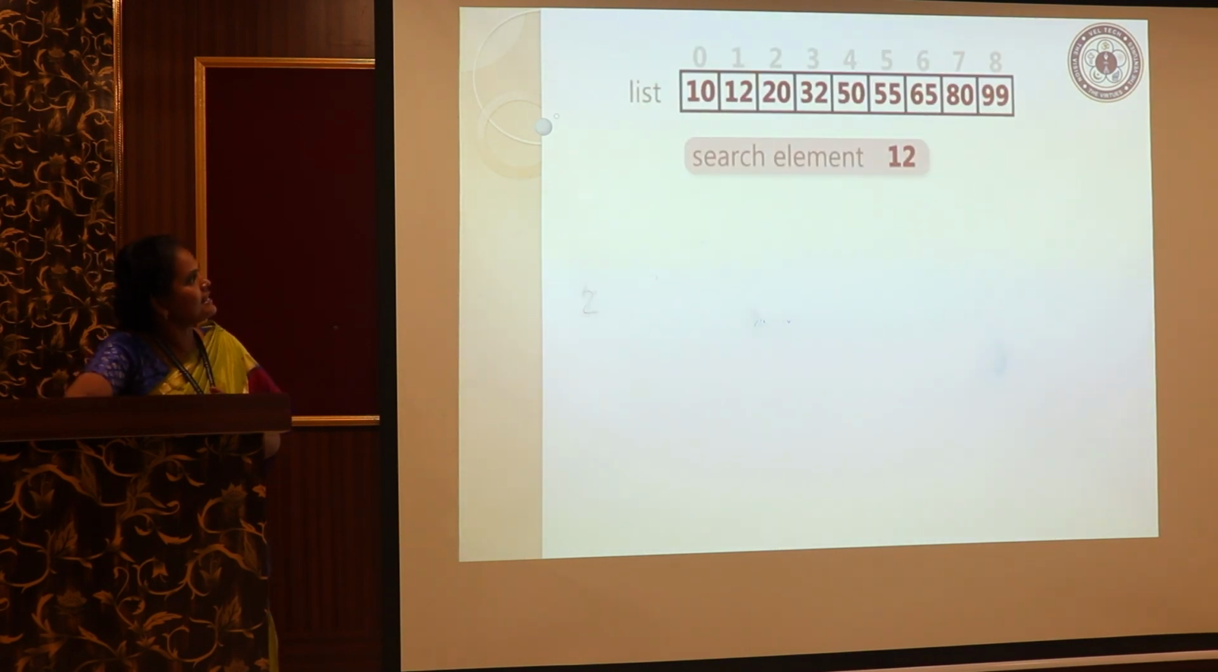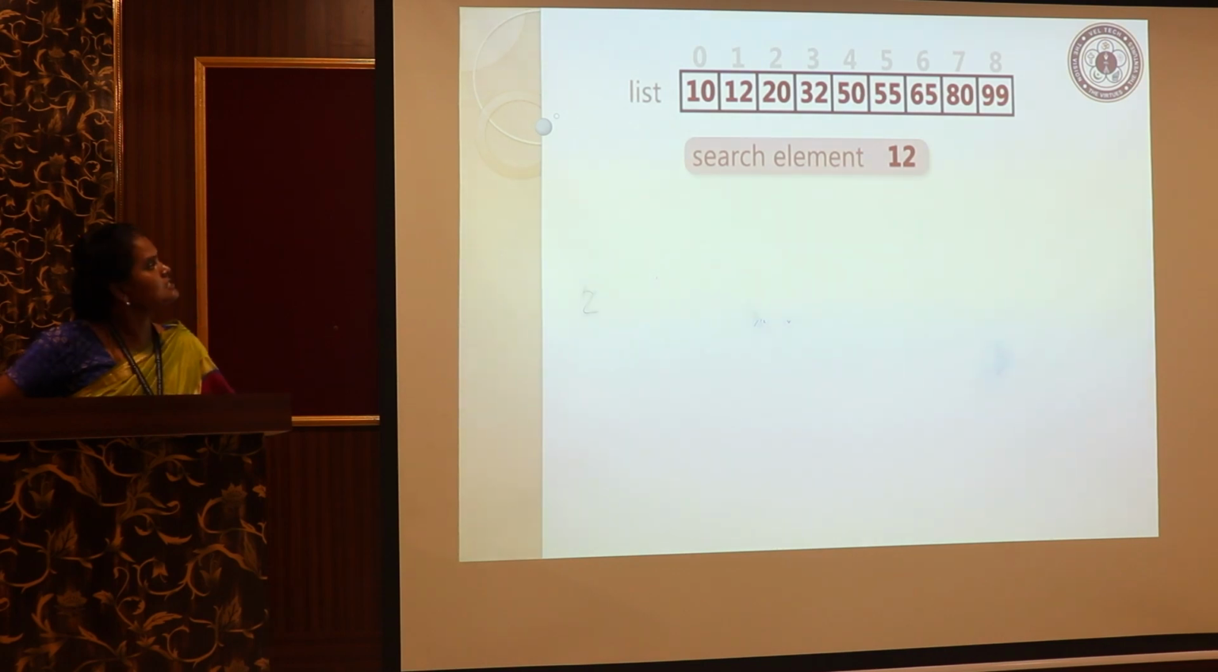I will explain with an example. We have taken 9 elements in the list. Out of these 9 elements, I want to find the search element 12, whether it is present in the list or not. I just want to find out. So in that case, as you